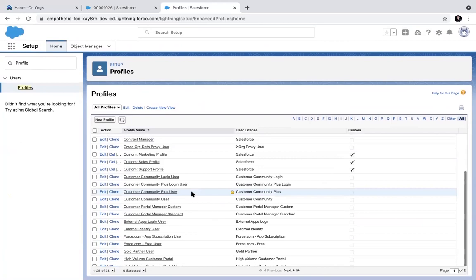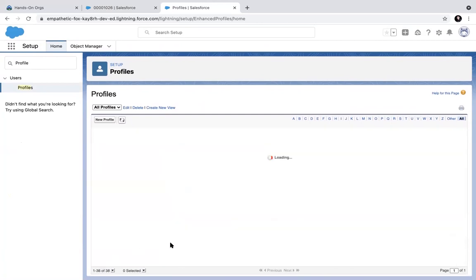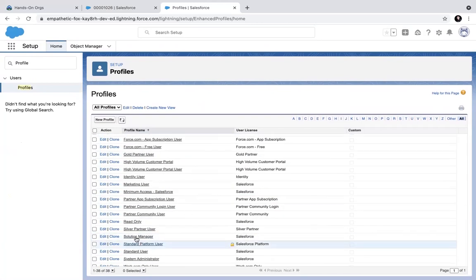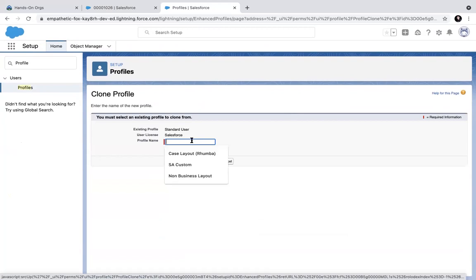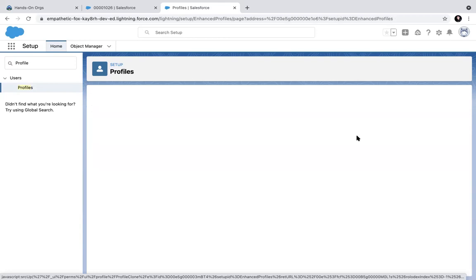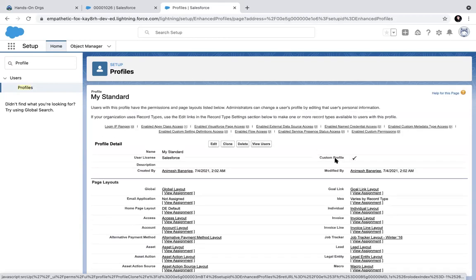Like I have a standard user profile here. I can do a clone and name it custom standard, or my standard, which is a profile I create. When I create a new profile, you see the custom profile is ticked. You can modify this.